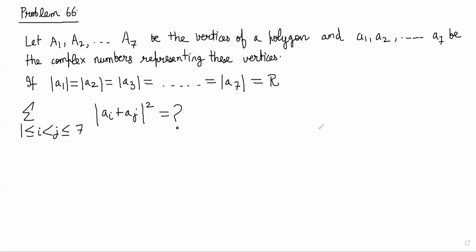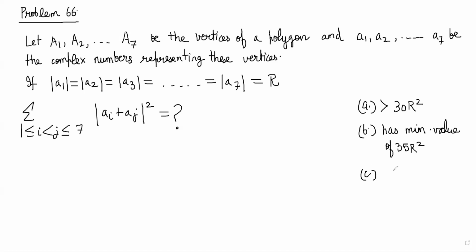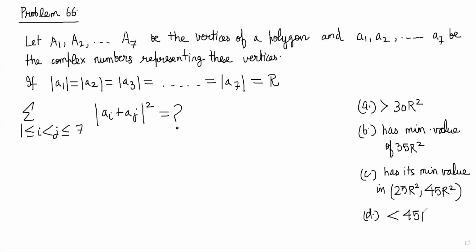And the options are saying things like this summation is greater than 30 r square. The second option is has minimum value of 35 r square. The third option is has its minimum value in the set 25 r square and 45 r square. And lastly, the final option is less than 45 r square. So we have to see which of these options are correct, and this can be a multi-correct problem with multiple corrects, right? Okay, so let's think about how we will figure out this